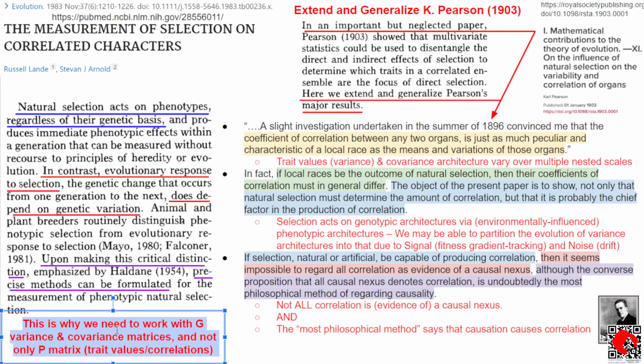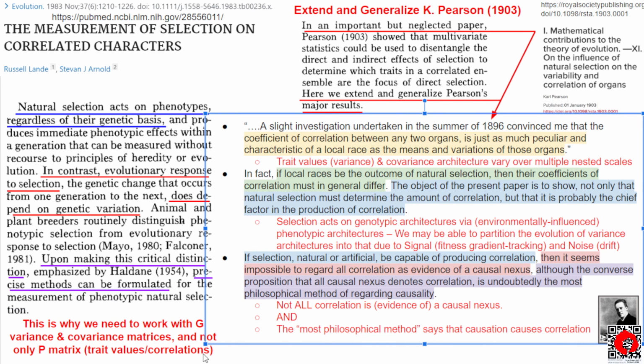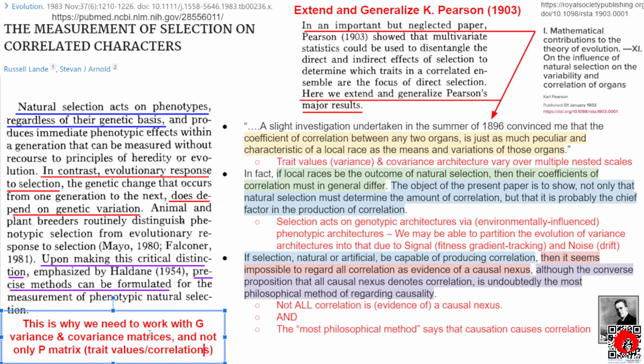But just to speak of them as relatively narrowly understood statistical parameters, rather than situation-independent statistics related to an experimental setup and sampling scheme and so on. So again, just giving that caveat because there's a lot of applications of evolutionary thinking. So this is why we need to work with G variance and covariance matrices and not only the P matrix, trait values